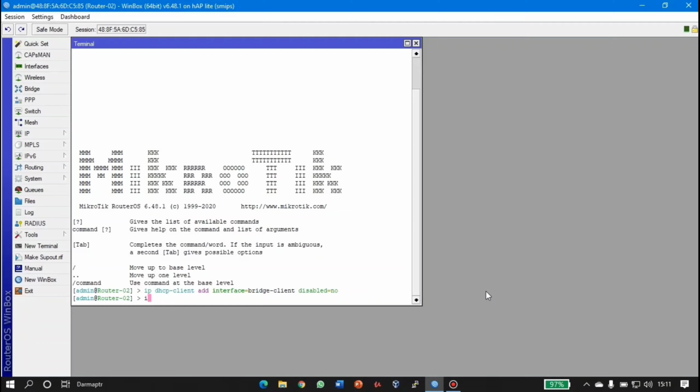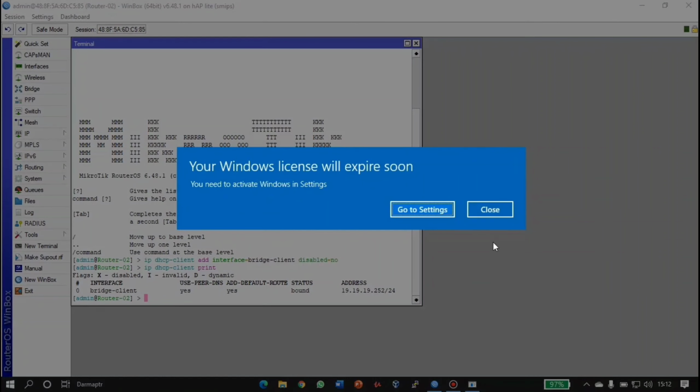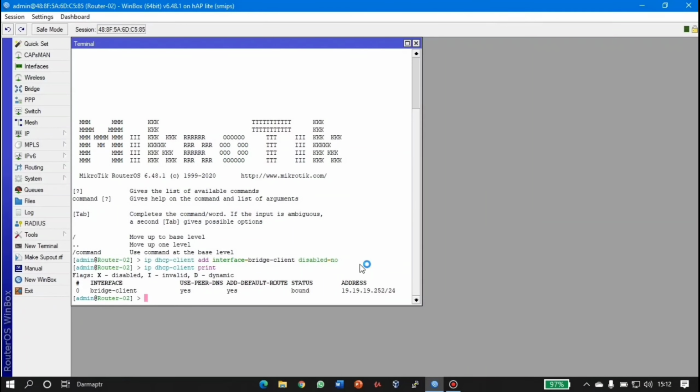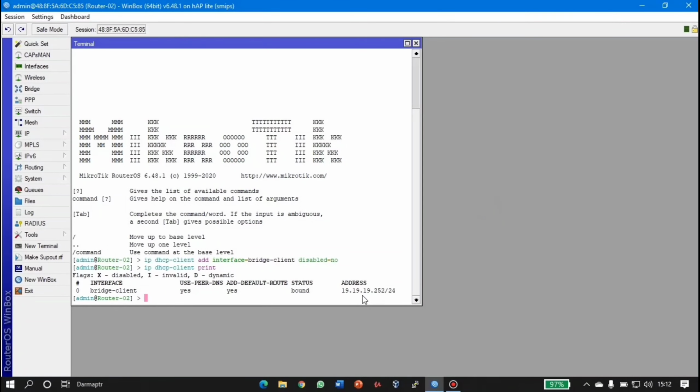You check it with the command IP DHCP client print, enter, and we can see router 2 got IP address 19.19.19.252/24 and the status is bound.